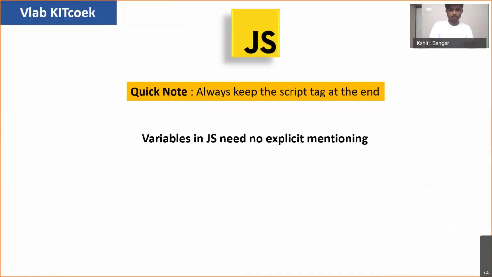So now, as we have got familiar with this, we'll explain variables in JavaScript. Okay, so as it says, variables in JavaScript need no explicit mentioning. If you're familiar with Python, you know we don't have to explicitly mention any kind of variable type. We don't have to mention any int or string, and the plus point of variables in JavaScript is they can store all these types. We can store numbers, strings, arrays, objects, as well as functions as variables.